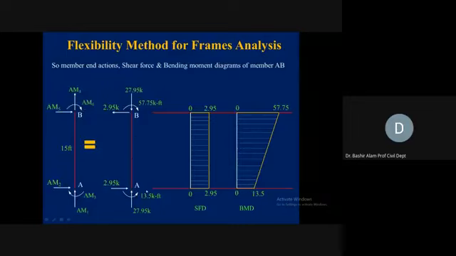ये देखें, members पे हो गए, ये 27.95 आ गया, ऑलरेडी ये वैल्यू हमारे पास है, वहां से इक्विलिब्रियम इक्वेशन से। ये देखें 2.95 आ गया, 13 पॉइंट। ये मेंबर अब आपका पूरा एनालाइज हो गया। इन बिटवीन वी डोंट हैव एनी एक्सटर्नल लोड नाउ। इसके बाद इसकी मदद से हम शेयर फोर्स डायग्राम ड्रा कर लेते हैं, और इन मोमेंट वैल्यूज की वजह से हम मोमेंट डायग्राम ड्रा कर लेते हैं।